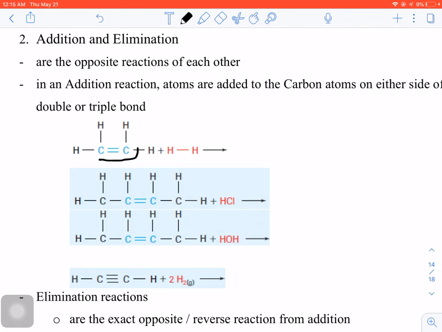I've got this double bond here. What's going to happen is this H2 molecule, or something which can be, I'm just going to say XY. It can be HH, it can be ClCl, chlorine, it can be BrBr, it can be HCl, you can see down here, it can be HOH, which we know is water, it can be any of a number of things. So when something comes along,